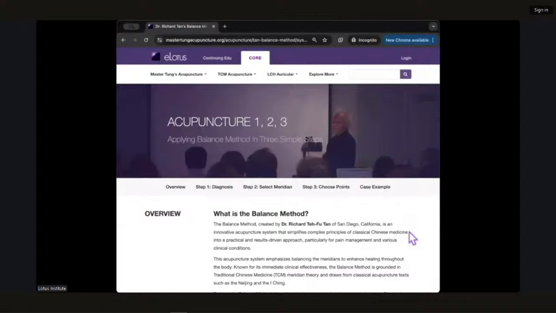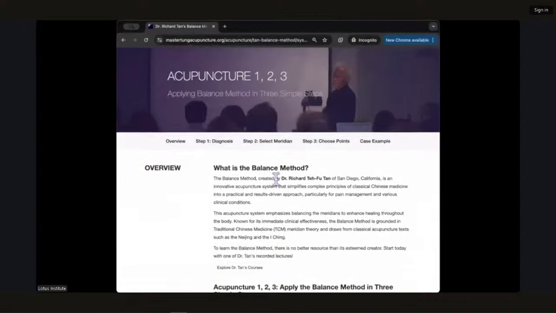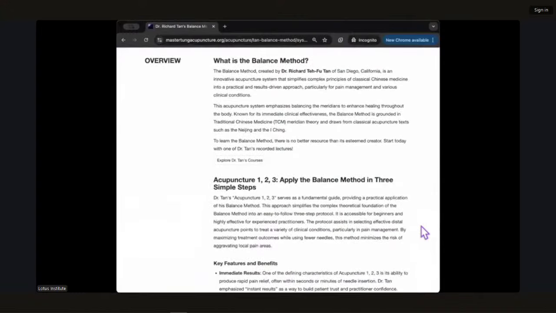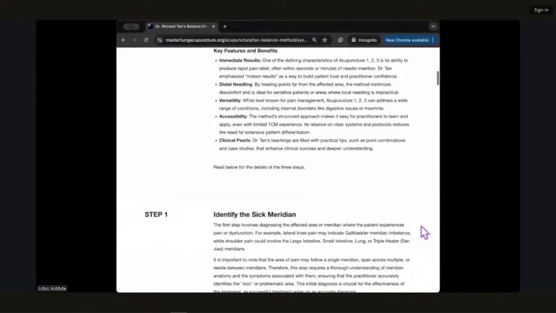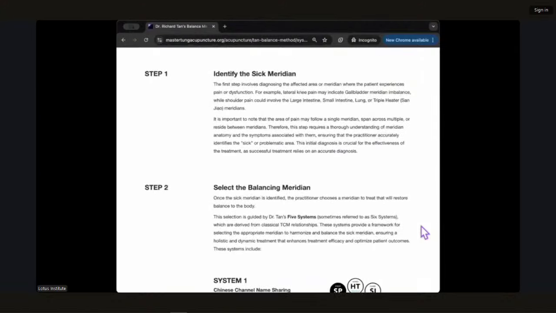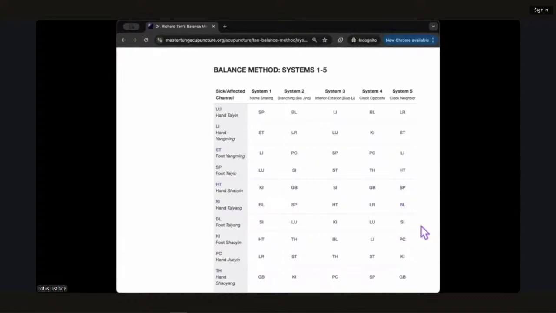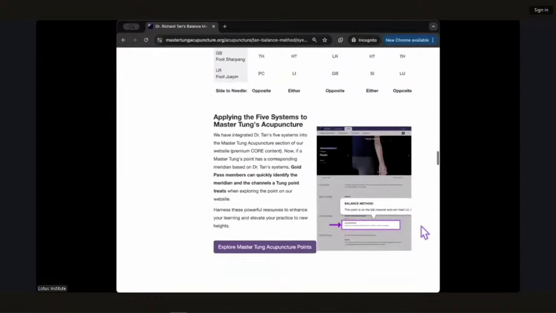Here we have a summary explaining the balance method as well as each section of the page outlined for you at the top. Here you can see the overview, step 1, step 2, visuals of the 5 systems, a chart of the 5 systems, and also a feature which shows the integrated master tongue points with the balance method meridians.